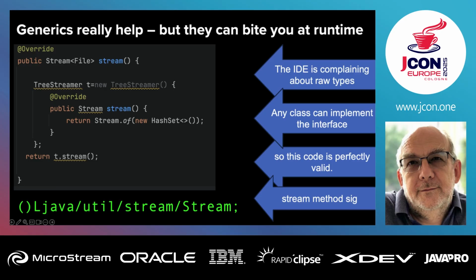It's generics. It gets erased. So you look at the top one, so you've got public stream. The IDE is complaining about raw types, which it's allowed to. But there's nothing to stop me or somebody else doing the middle bit. So you can see this, stream of new hash set, right? So even if I was to create something that says I'm going to return things of this type, my code or somebody else's can return things of any type, because it doesn't make a difference at runtime, right?